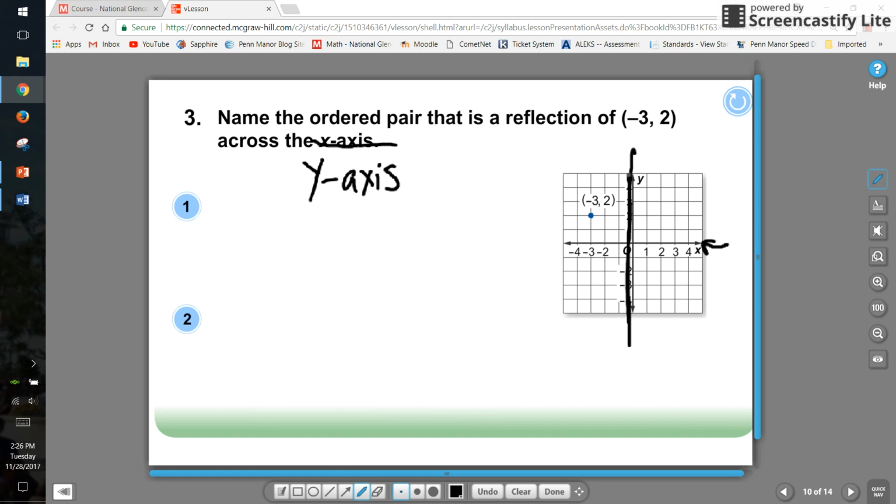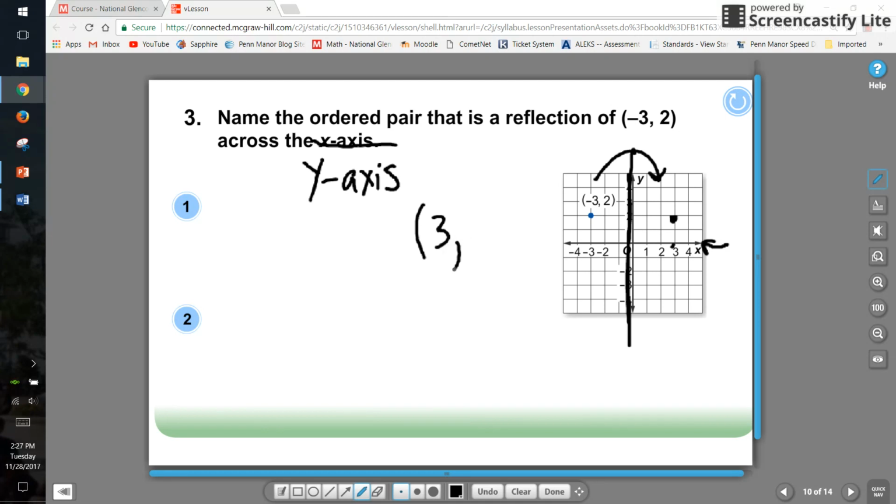So we're going to be reflecting across in that direction into our first quadrant. Now I noticed that the very first number is -3, so I'm going to go +3. That would be the opposite. And then 1, 2. So our ordered pair -3, 2, reflected across the y-axis would be